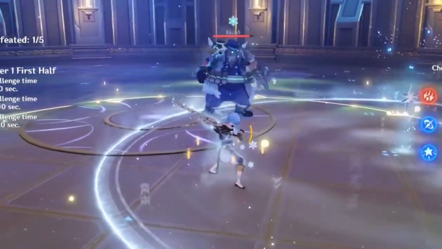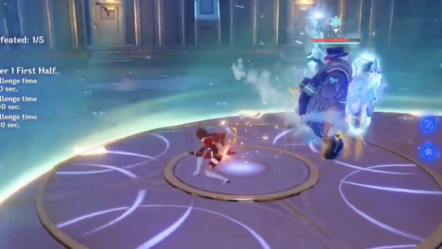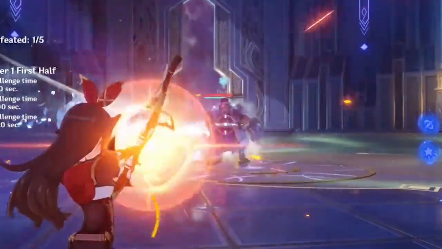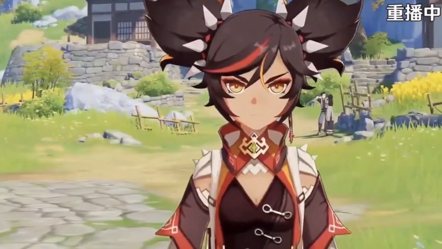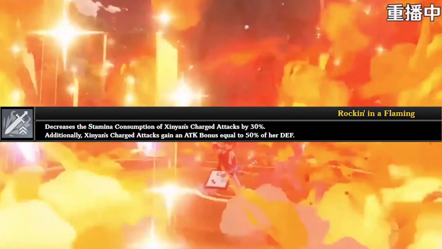And lastly, the last 4-star on the list is Xinyan. She can be played as both a sub DPS or support. But if you get higher constellations with her, she can be played as a main DPS as well. It's similar to Noelle, where her skills scale with defense, and her last constellation scales her charge attack equal to